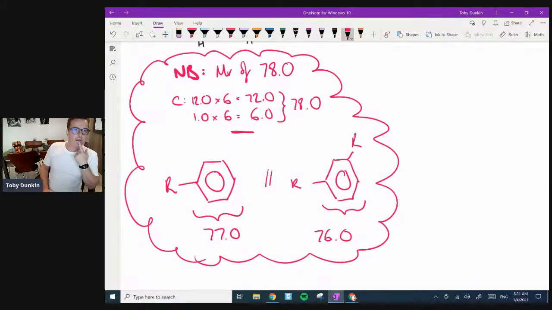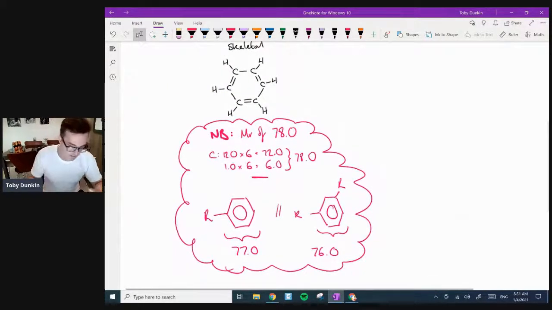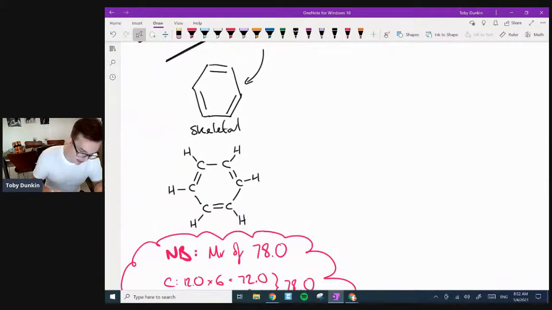Every time that benzene made an appearance, students were simply counting it wrong, adding a H here or taking a H off there. And I realized that teaching 78 is super handy, and then 77, 76, etc. So every time you add an R group, you lose a H, and the benzene section just goes down by 1.